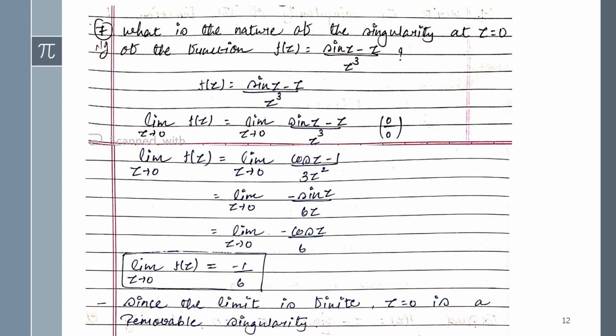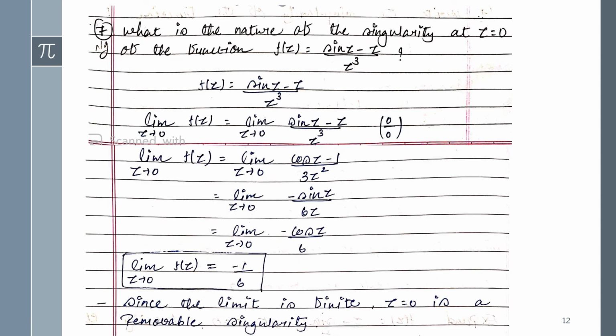I hope you all know it very well, because at that time we took separate differentiation, that is, the numerator has to be differentiated separately as well as the denominator. Separately you have to do the differentiation. And that method is actually known as L'Hospital's rule. I hope you all know, guys. So by using the L'Hospital rule you have to solve this example, for that particular singularity, that is, the removable singularity.